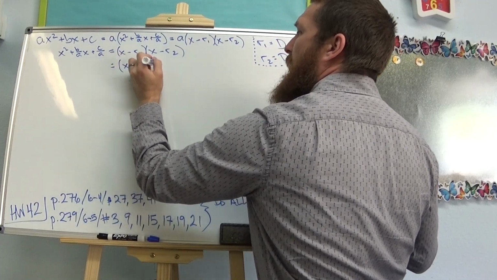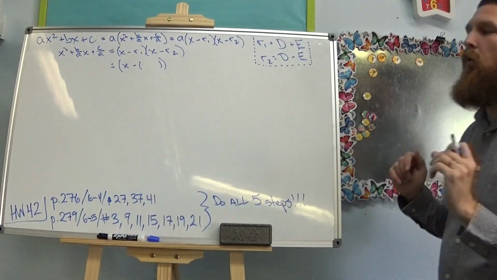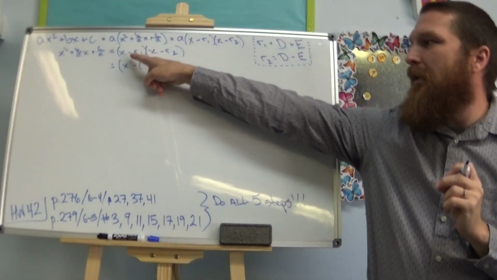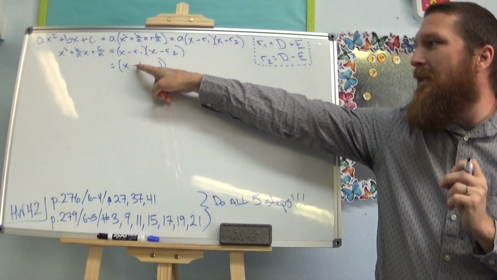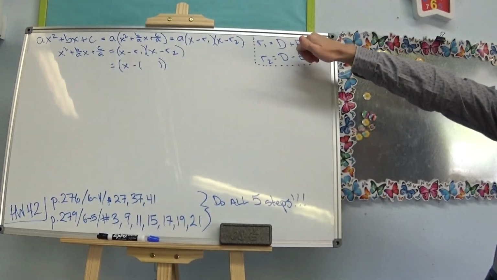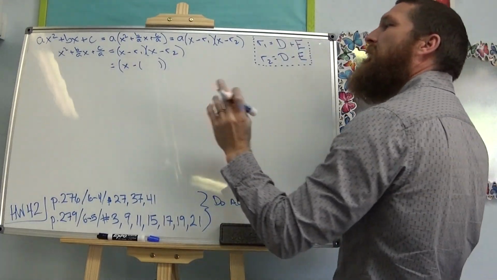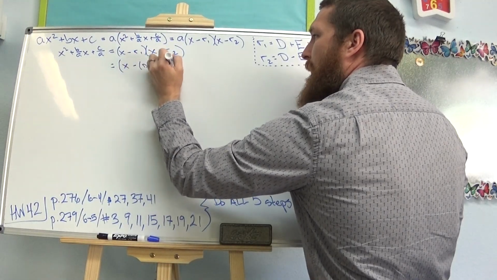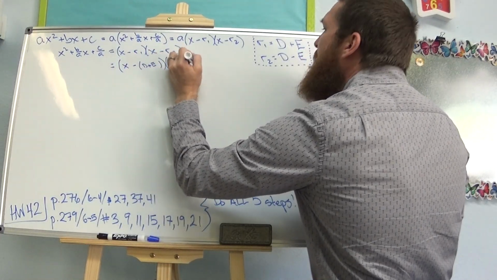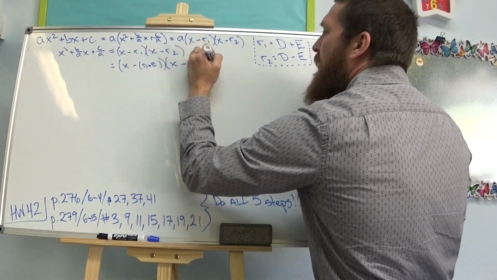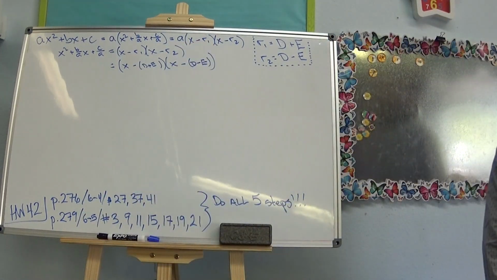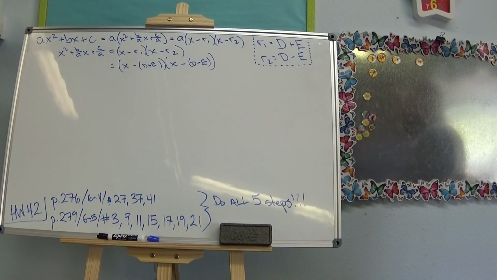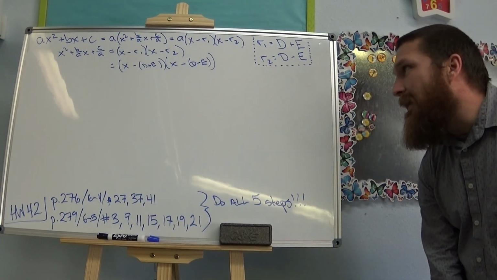minus, instead of R1, now I'm going to use parentheses, because I have a minus there, right? If I minus this, they both got to be negative. You can't just put the minus in front of the D, so I'm using parentheses to be very careful. And again, we've already done this, so I'm just going to burn through this now. Okay, I've replaced the R1 with D plus E, replaced the R2 with D minus E,